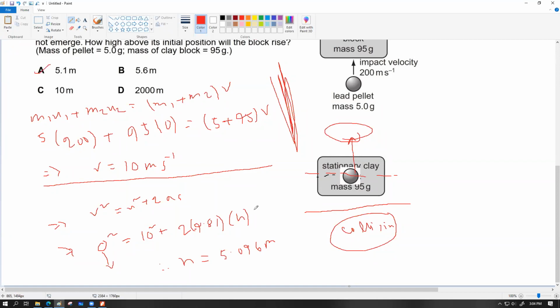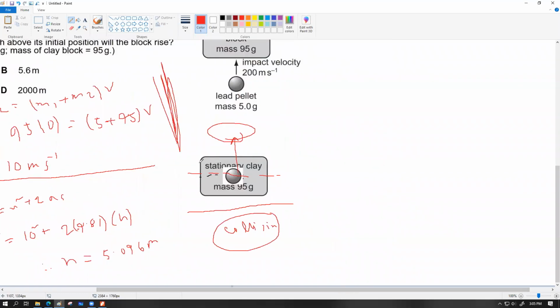That works. So after we find out the velocity after collision, can we use kinetic energy equals gravitational potential energy? Like half mv squared equals mgh. I think you can, because in this case, there are no more collisions. I never thought of that, but I can try. We get the same answer. Half into 100 into 10 squared should be equal to